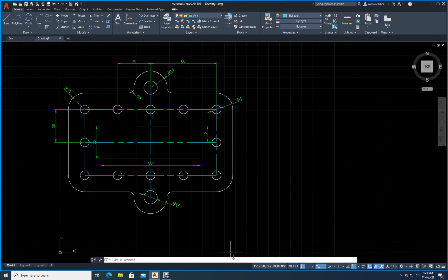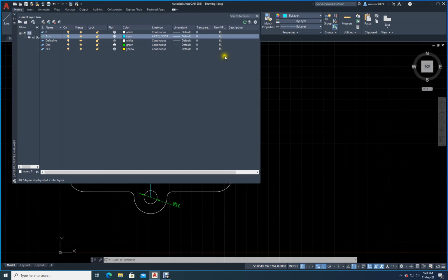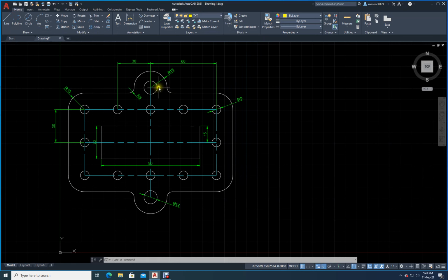Now what is the next thing? I need to just go and type it, right? I will just go and change the layer. Go to text layer, double click it so that the tick mark is here. Now go back, go to text, single line text, click here. What is the height it is showing? 2.5. Let's just make it 5. Enter. Direction angle 0, let it be 0.